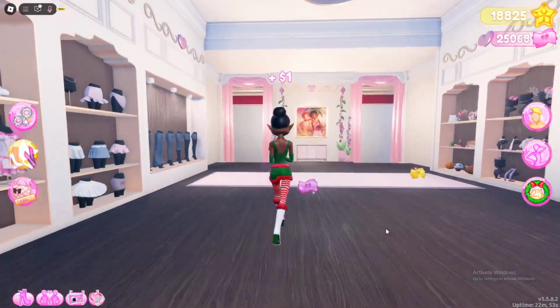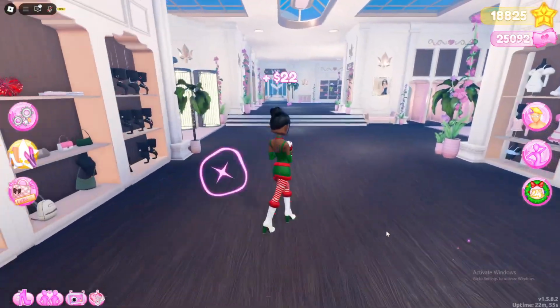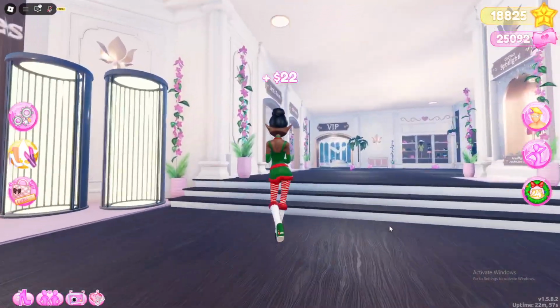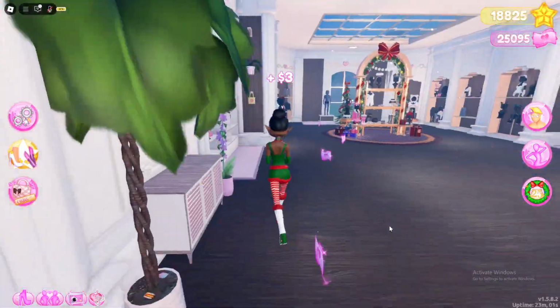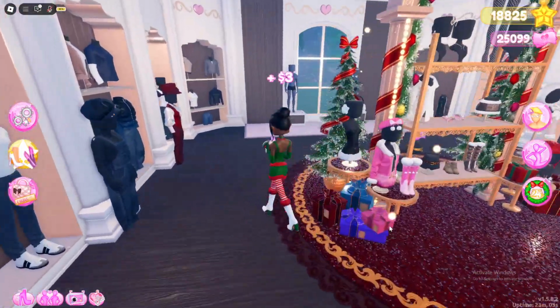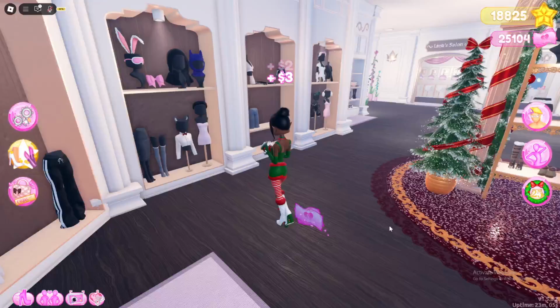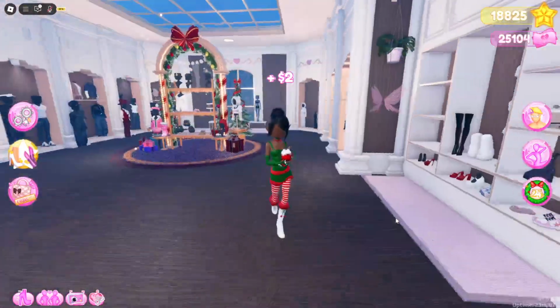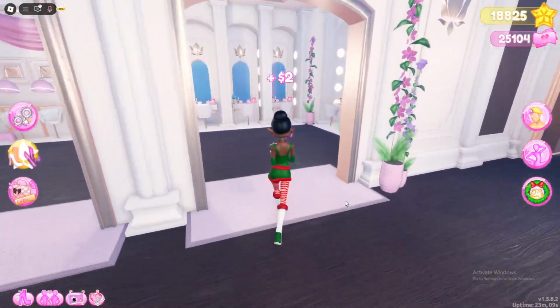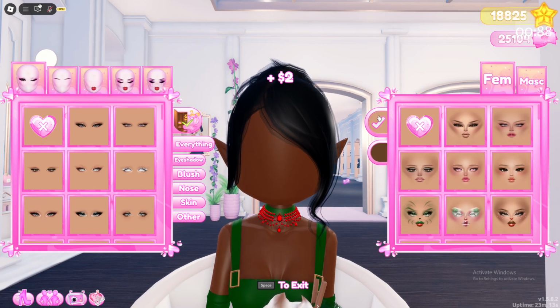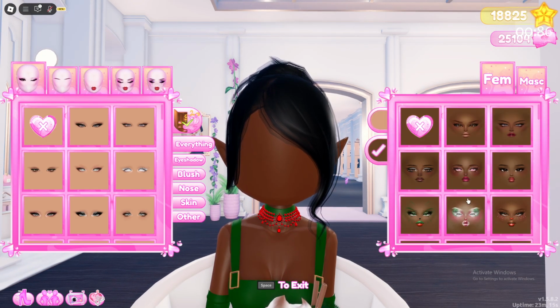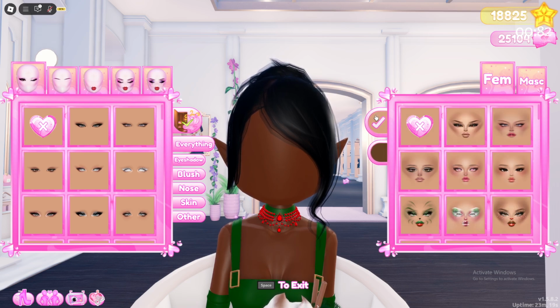In this video, I'll be showing you guys how you can change the skin color on your makeup on Dress to Impress. So for instance, you want to put on makeup without the custom makeup on a darker skin color on Dress to Impress. So you're just going to go to the makeup chair here, and instead of going for this one, you're going to select this one instead, and it's pretty much the same thing, but the contour and the highlights